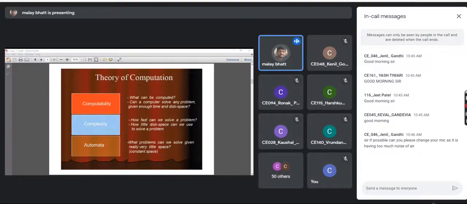Even a computer cannot detect certain simple things, right? A recent example which I had, that